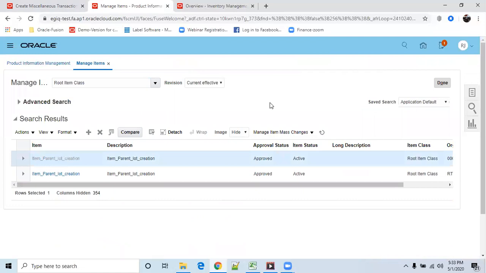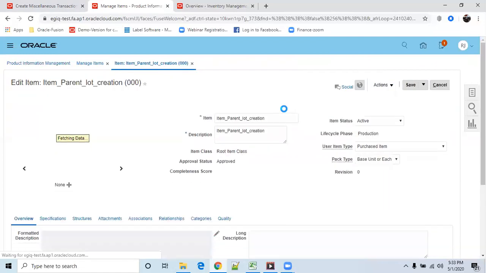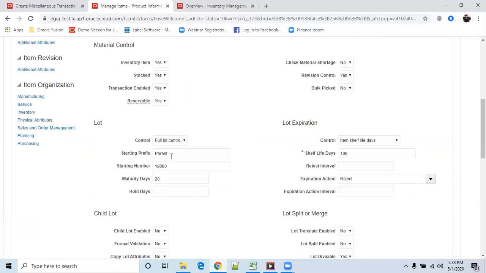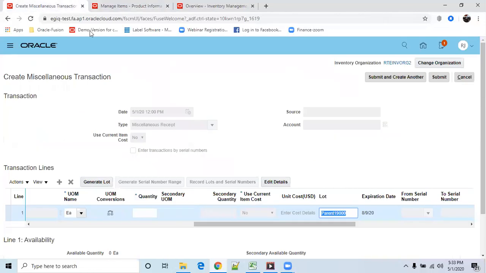Go here and verify the prefix of this lot control. Go to specifications, inventory, parent, and the starting number is 19,000. So you can verify the prefix is parent and 19,000 is the starting number.